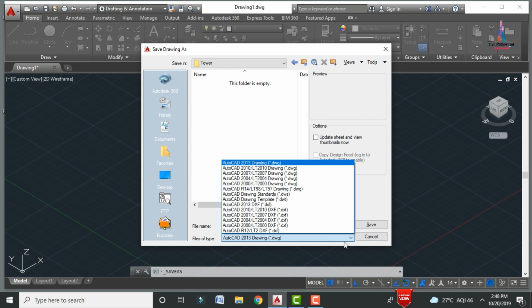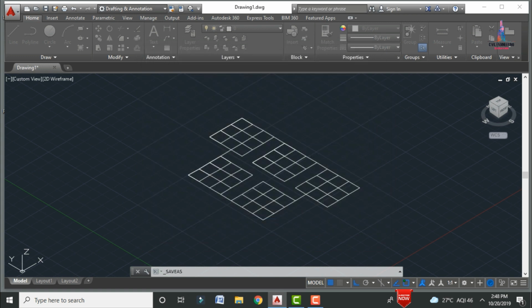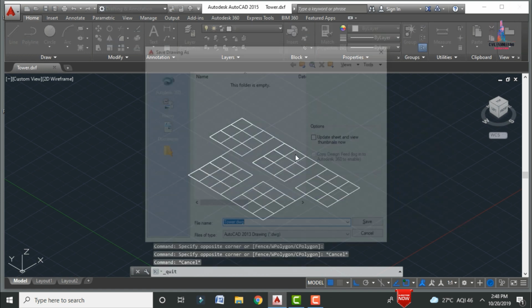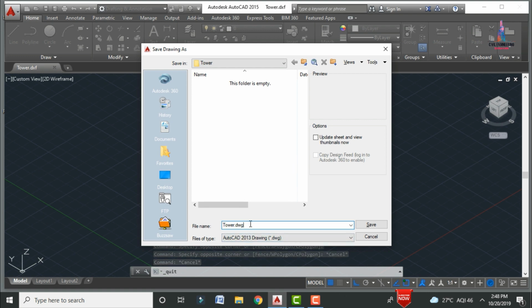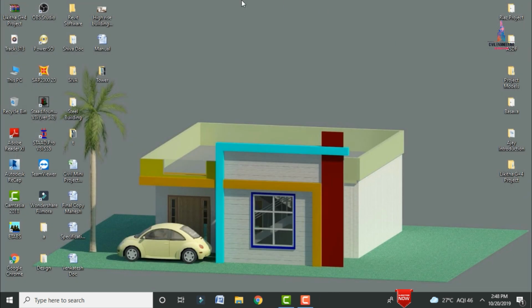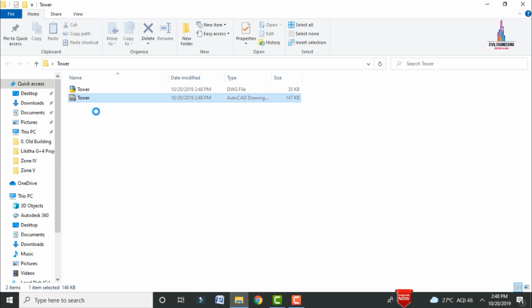If you want to import a file from AutoCAD software into STAAD Pro V8i software, initially we need to save the file in DXF file format. Here I am selecting the 2013 AutoCAD DXF file format, selecting the tower DXF file, and clicking on the save option. After that we close the AutoCAD software, but before that we will also save the AutoCAD floor plan drawing file. Click on save. It will save the DXF file as well as the drawing file separately. This is the tower DXF file, and this is the tower drawing file.